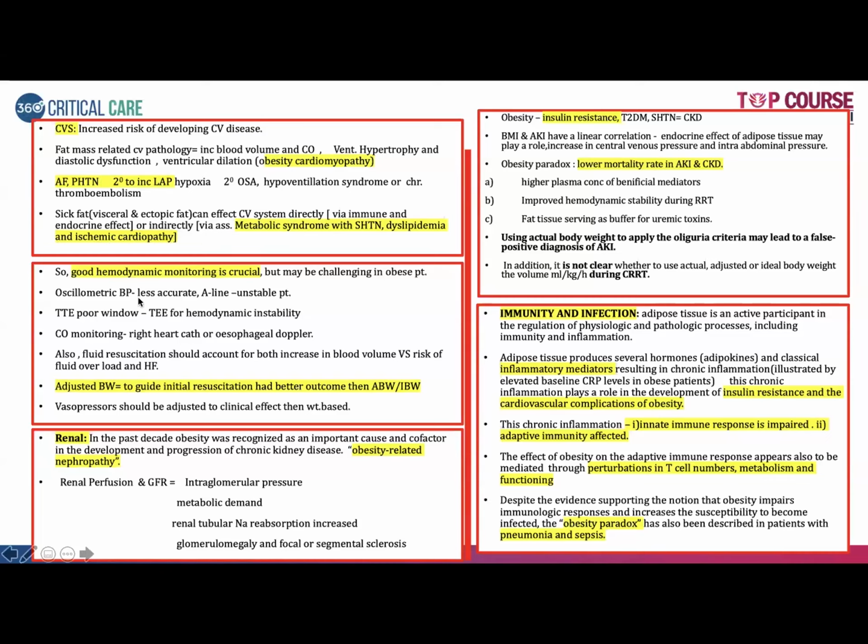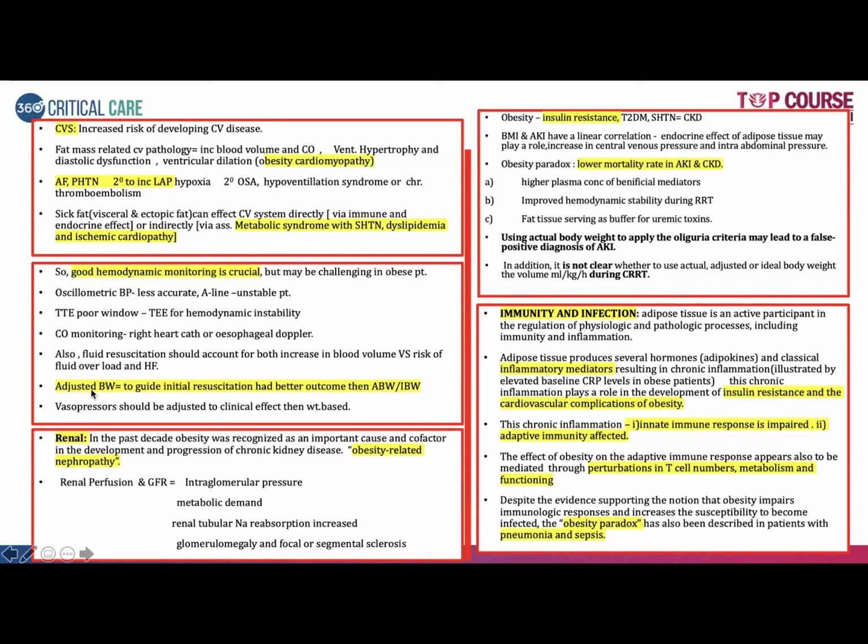Oscillometry method may be less accurate. An arterial line needs to be placed. In fact, sometimes you need a lengthy line in some scenarios, and placement might be a little difficult, including the central venous catheters. Ideally, the peripheral venous access might be difficult in these patients, so you'll have to go in for a central venous access. For the transthoracic echo, there will be a poor window. So if there is a real need, transesophageal echo needs to be considered. Cardiac monitoring with esophageal Doppler can also be useful.